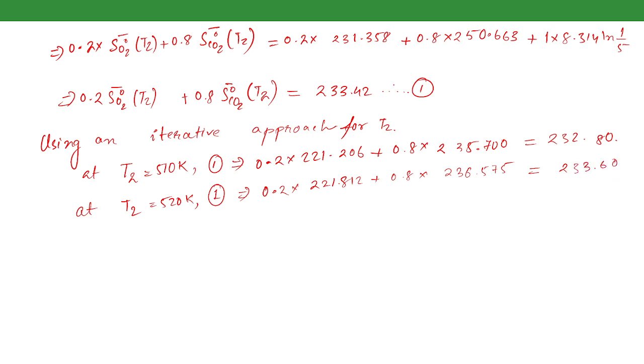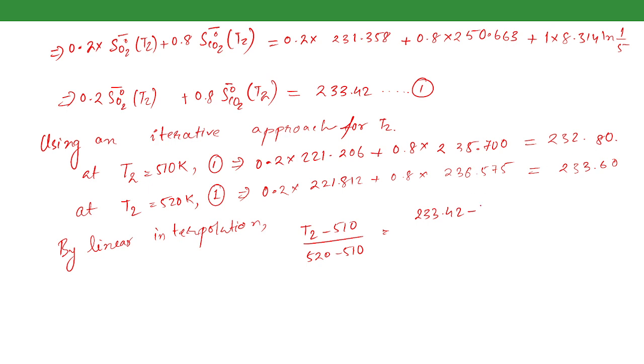So this value is again more than this one. So now we will perform an interpolation between these two values. Okay, so by linear interpolation, you can write (T2 minus 510) by (520 minus 510), and corresponding to T2, what was the value on the right hand side? It was 233.42, minus for 510 it was 232.80,